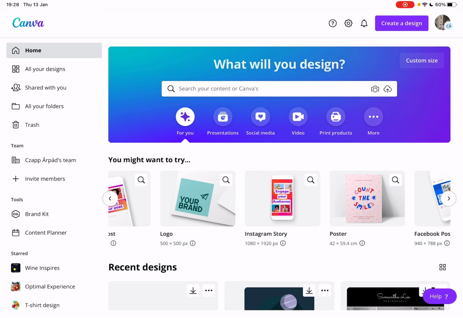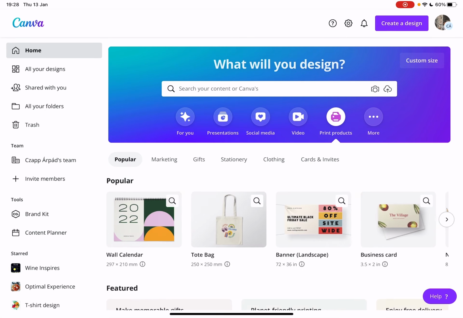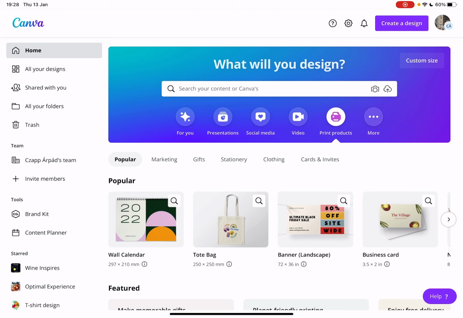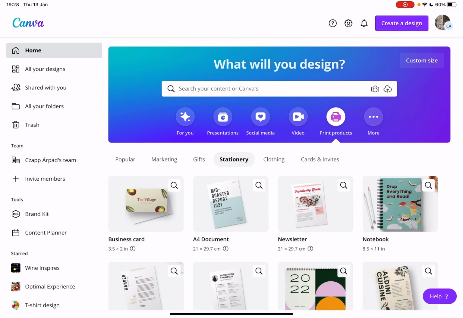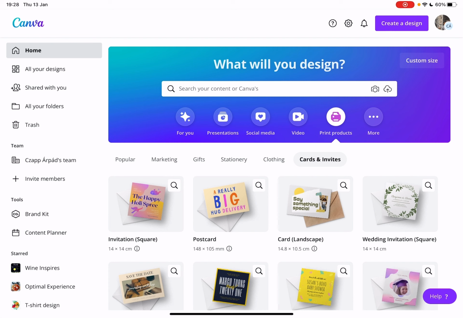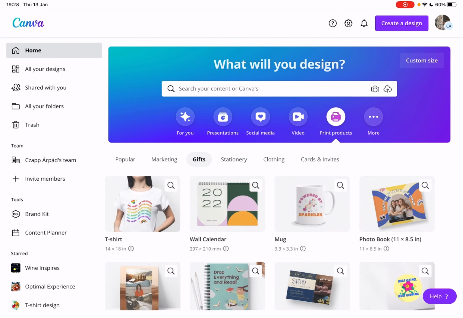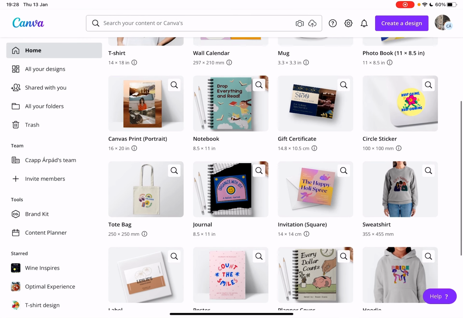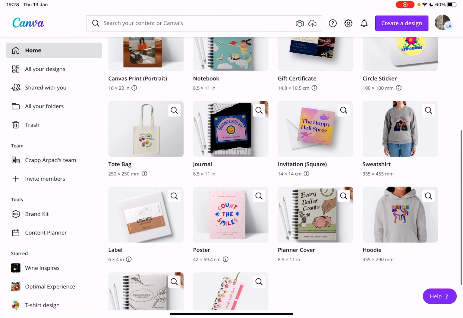First, open the Canva app, then go to the print products section. And here there are a few different categories. As you can see, popular, marketing, gifts, stationery, clothing, and cards and invites. Now go to the gift section. And at the gift section, if you scroll down a little bit, you will find the label icon here on